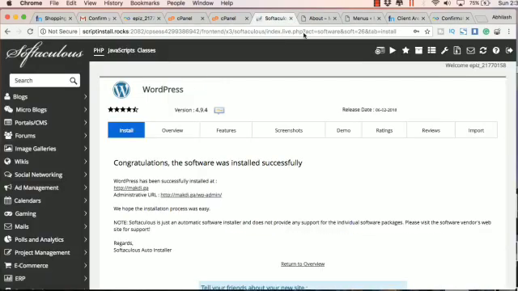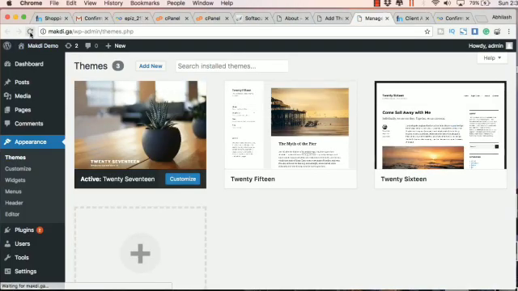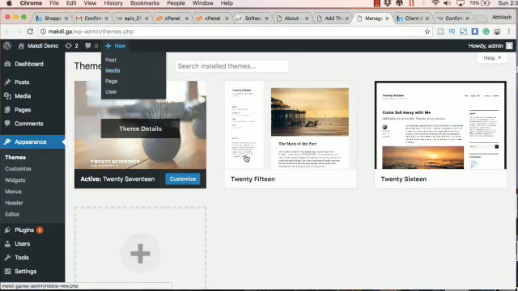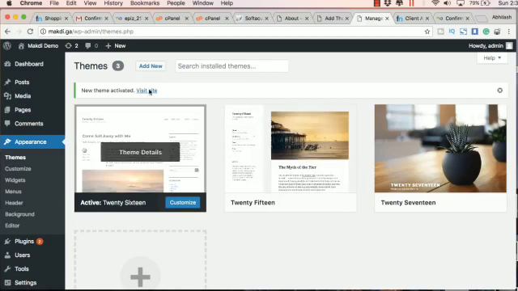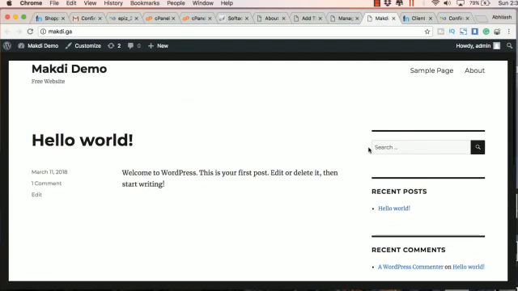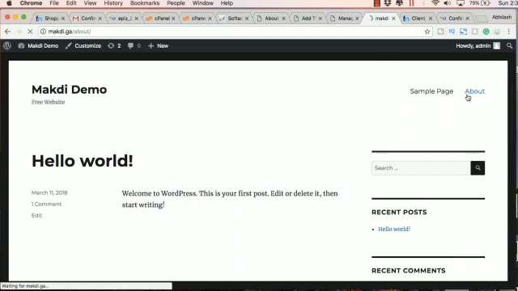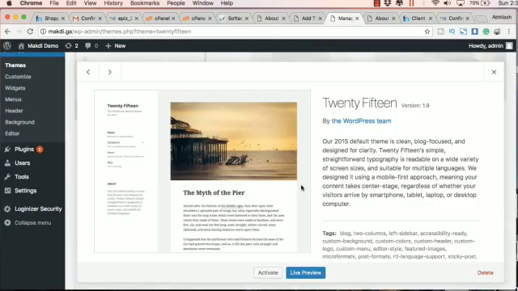So you can also change the overall design by going to appearance, themes, and here you will find the default three themes which are available in WordPress by default. You can activate any one of these. For example, I'm activating this one. So let's go to the new design. So here you can see that the content of the website hasn't changed, but the design has changed. So it's that easy. It's even easier even after you have posted some content to the website.